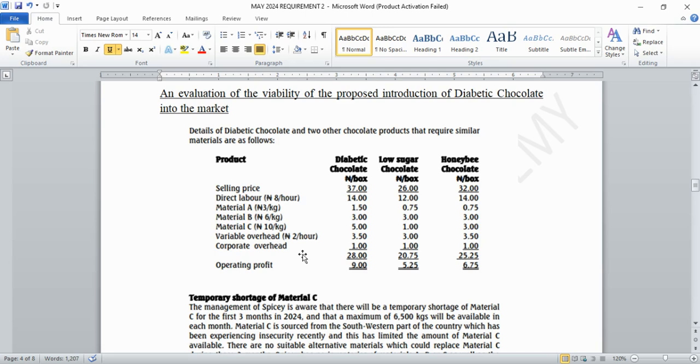So I'm giving you an idea, they're not directly traceable, and the costs that we consider are costs that are directly traceable. What does that tell you? Let me just tell you the answer. Basically, we're talking about relevant costs. Relevant costs are costs that are directly traceable to a particular product. And when you are analyzing a product, or you're assessing it, you only consider the relevant costs. That's the costs that are directly traceable. So what do we mean by costs that are directly traceable? Let me break it down a bit further.